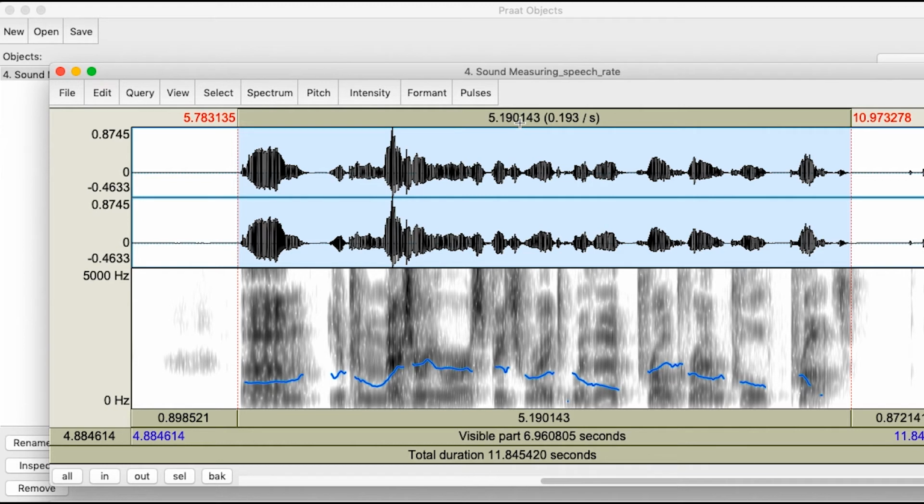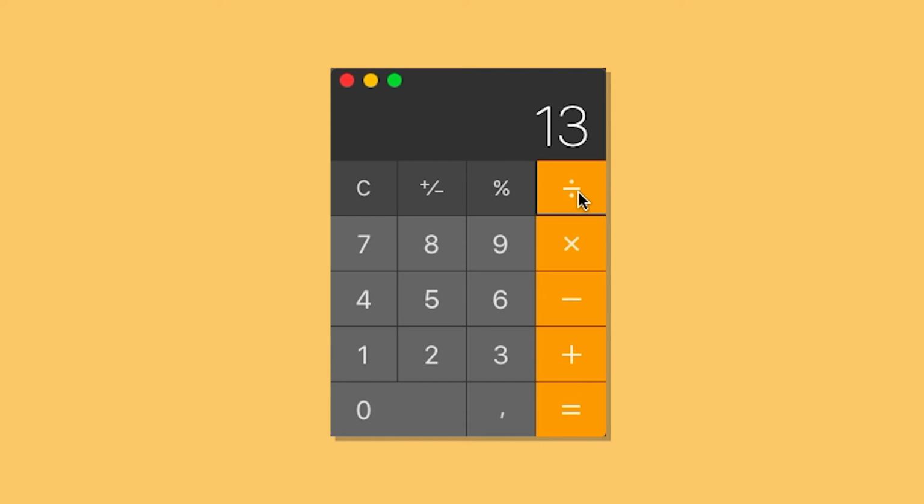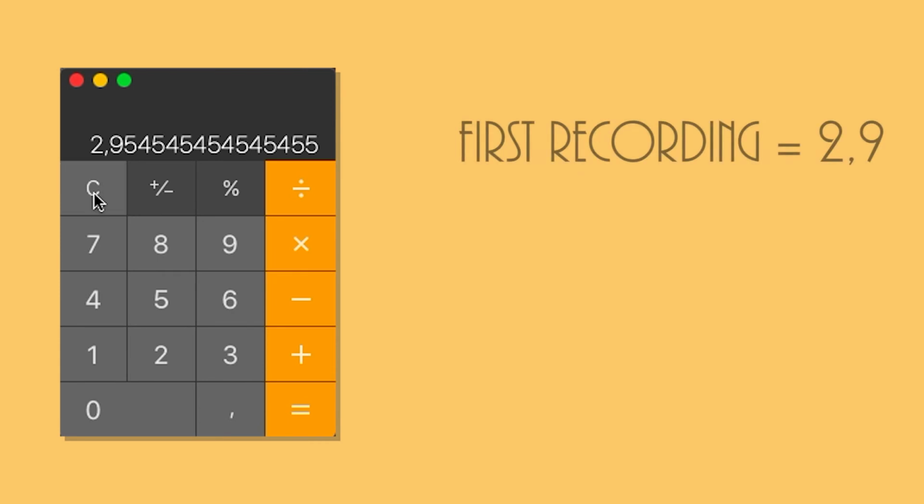Well, normally what you do now is continue with the other fragments in this recording, but for now I will stick to these two. Now the idea is to calculate the speech rate in syllables per second. So first we had 13 syllables in 4.4, and the second case we had 13 syllables in 5.2. So now let's calculate that. You can divide 13 syllables by 4.4, and then we get 2.9 syllables per second. And now, for the second one, we have 13 syllables divided by 5.2, and then we get 2.5 syllables per